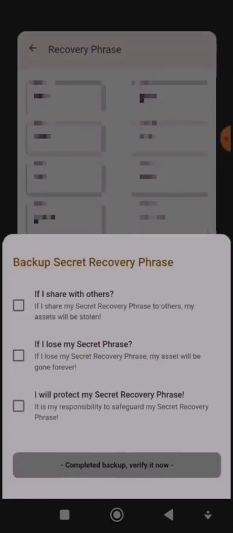Now when it brings out this option, say backup secret recovery phrase, if I share my secret recovery phrase with others, my asset will be stolen. I will accept. If I lose my secret phrase, my asset will be gone forever. I will accept. Now it is my responsibility to safeguard my secret recovery phrase. I will accept. And the next thing I do, I'll click on